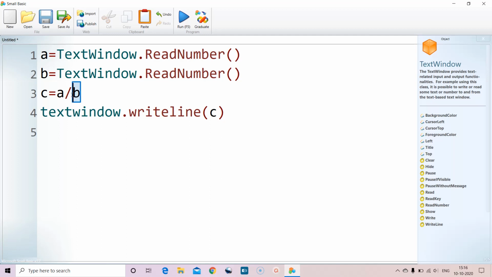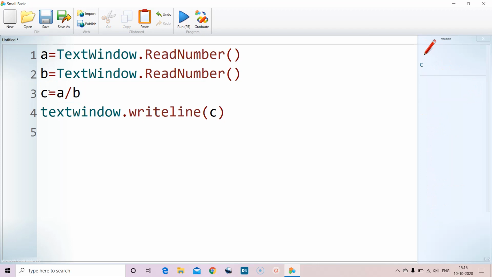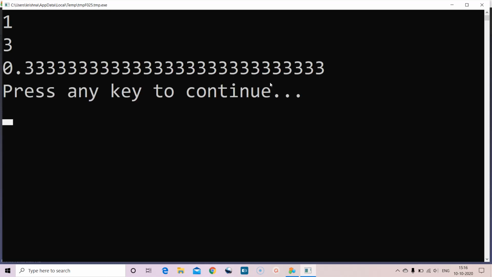Whether it is an integer or float, there is no difference. We don't declare whether the variable is integer or float, so it takes it based on the context. So let us again run it. 1, 3. So if you see, we are dividing 1 by 3, so it is giving a big float number.